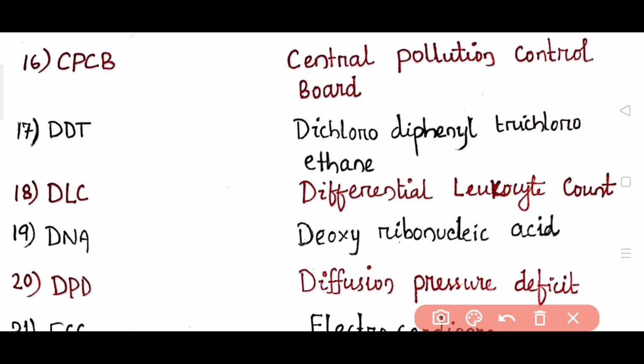Then CPCB. The full form of CPCB is Central Pollution Control Board. This board provides technical services to the Ministry of Environment and Forest. It also promotes the cleanliness of streams and wells in different areas of the states by prevention, control and abatement